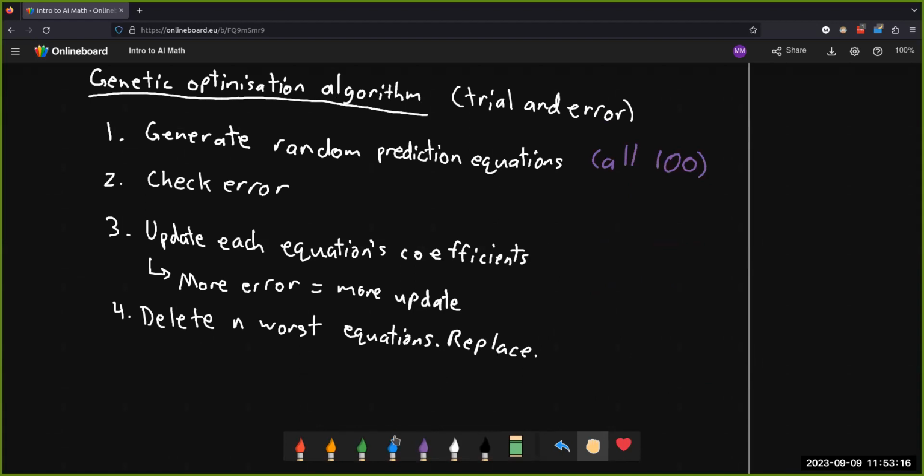Also, just like biology, we're going to delete the n worst equations. So let's say the 5 worst equations or 10 worst equations. We're just going to replace them. So those equations died out. It was survival of the fittest. Those were not performing well enough. Their error was too high. So we just got rid of them and we're going to generate some new equations to take their place. So that's like in biology, some organism, its mutations don't help it, so it dies out. I have a demo to show you this algorithm working, but does anyone have any questions before we end this theory and actually look at some results?